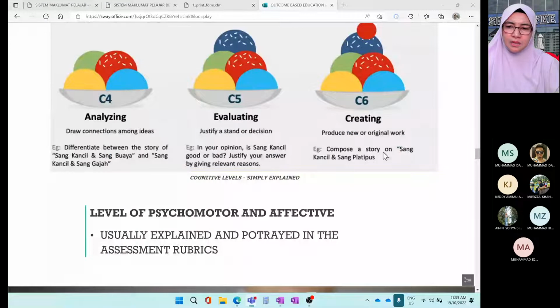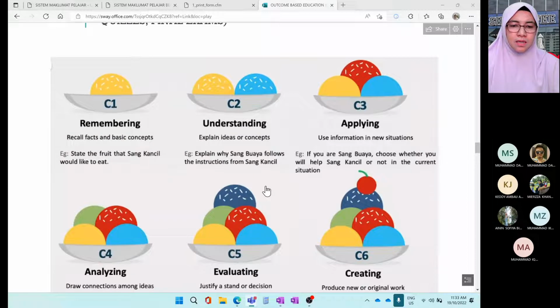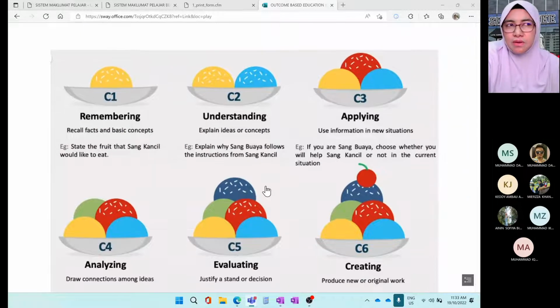Okay, itu je kot yang saya nak explain. Satu lagi before we continue to kita punya course. Okay, since subjek kita ni adalah cognitive domain. So cognitive domain ada 6 level of difficulties. Ada 6 level of difficulty, and kita punya subjek has been mapped to two level, which is level C4 and level C5. Level C4 and level C5. Level C4 is analyzing. Level C5 is evaluating.